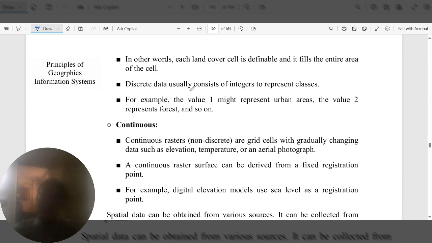So discrete data usually consists of integers to represent classes. So discrete data shows integers. For example, one value might represent urban area and a second value represents the forest and so on. So this is the discrete nature of data. And the second type may be